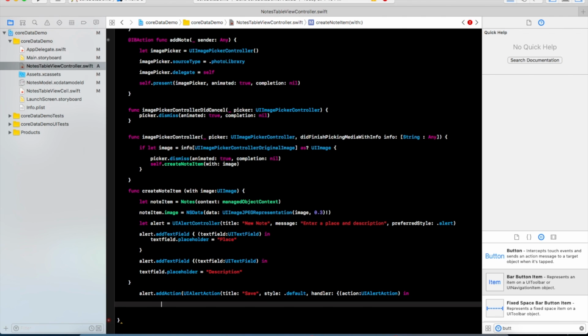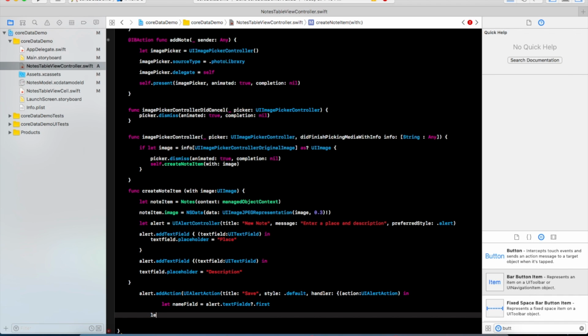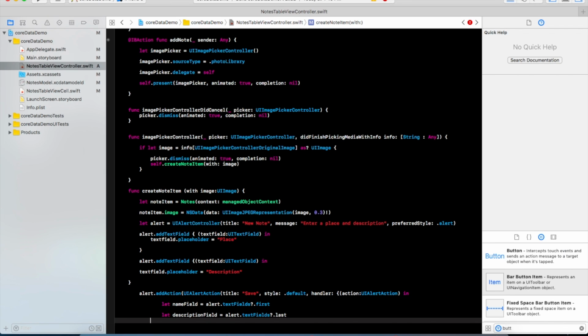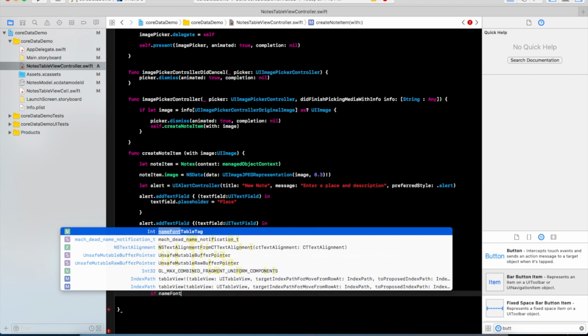And then down here we need to go let nameField equal alert.textFields.first. Then we need to go let descriptionField equal alert.textFields.last, and then we need to create an if statement. So if nameField